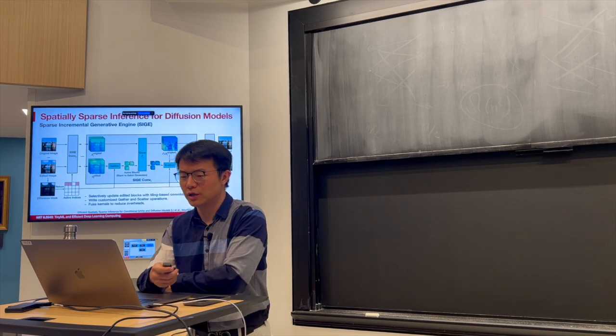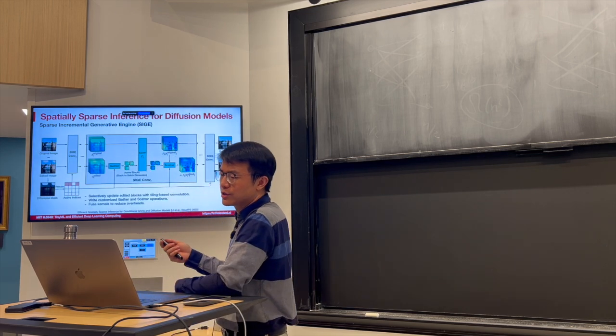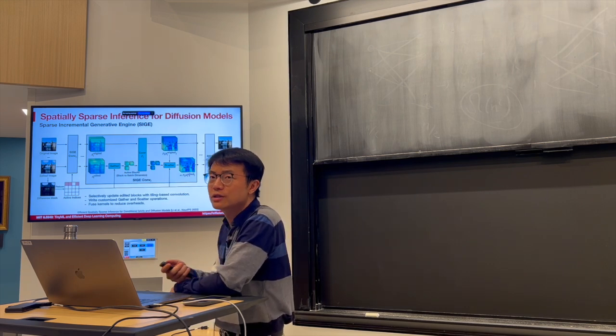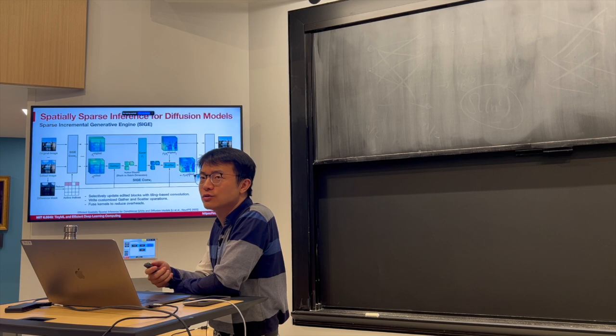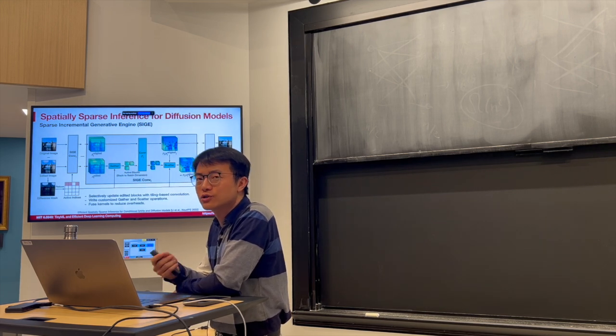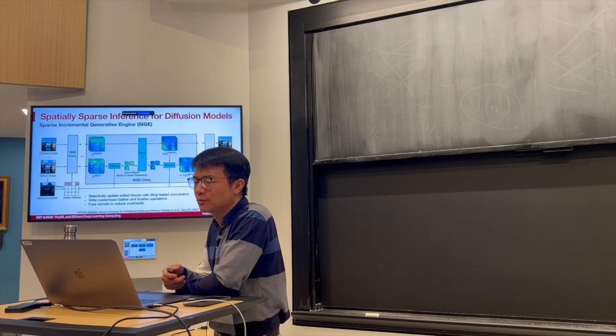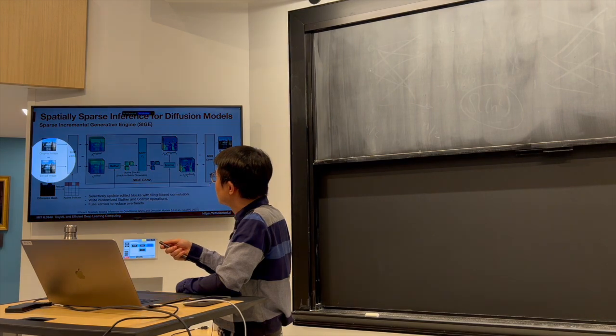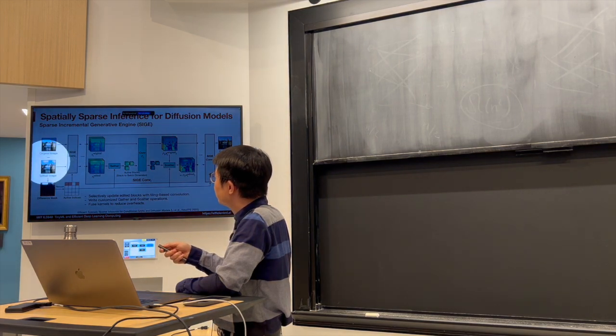So this is how it works. We build this spatial incremental generative engine, SIGE. Incremental means only change the pixels that have been edited. For those pixels that have not been edited, we just reuse whatever it was from the previous iteration. Okay, so given the original image, and we drew some piece of cloud on the top, and this